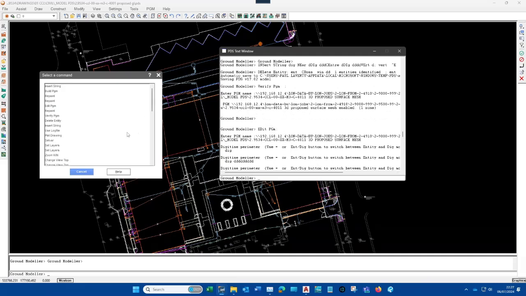So if you're trying to go back to a certain point, maybe to delete entity, you could count the commands that you've done between then and now, so that when you go into undo options, you can say, I want to go back 1, 2, 3, 4, 5, 6, 7, 8 steps, and it'll undo them all and you'll be back at the point that you want to be. So that's what it's useful for. So if we cancel that,